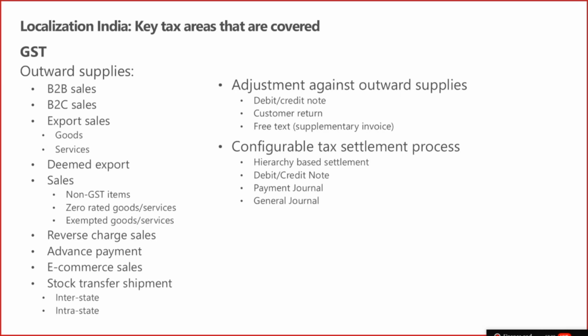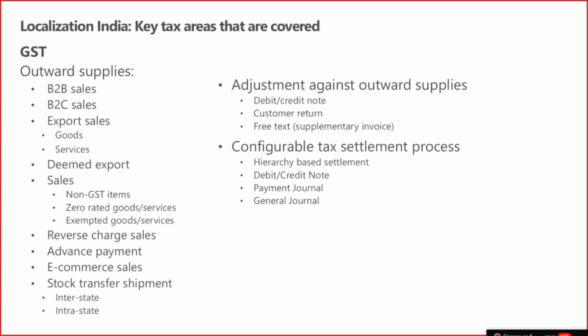Sales, again, non-GST item, zero rated and exempted item. If you were using the application in 2017, there was no option to mark the item as an exempted item on the tax information. In tax information, there are actually two important things: tax document and tax information. Tax information is actually the attributes on the transactions which you select. There you have an HSN code, a GST registration number, and whether the transaction is an exempted item or non-GST item. That particular checkbox we have brought